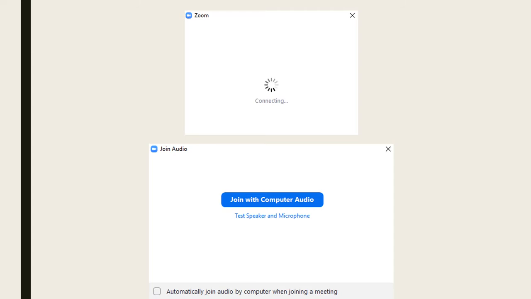And there's another two screens. The top one is a wait screen. There's a circulating, rotating, I should say, wait image, and tells you something is happening. And underneath, when you see the second screen, it means you're in the waiting room. And so when you're in the waiting room, you click on join with computer audio, and then we get to our next item,